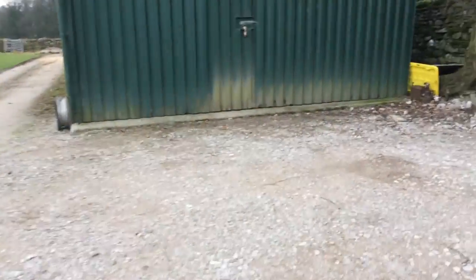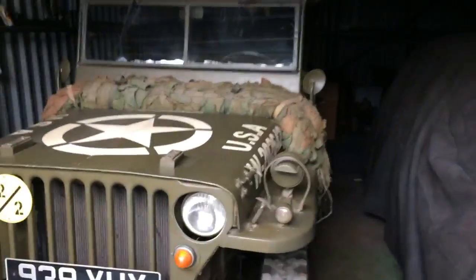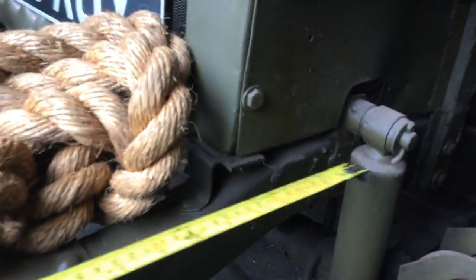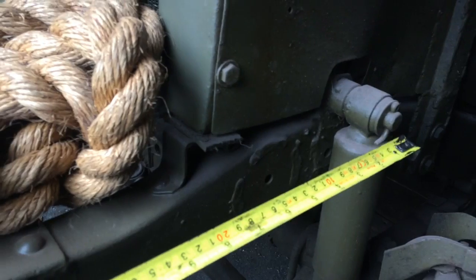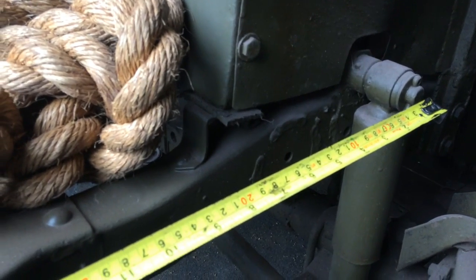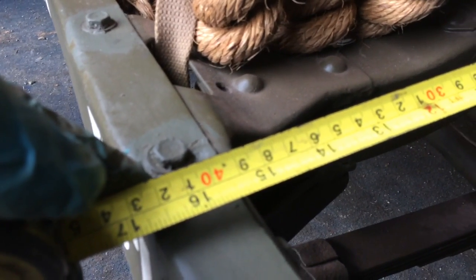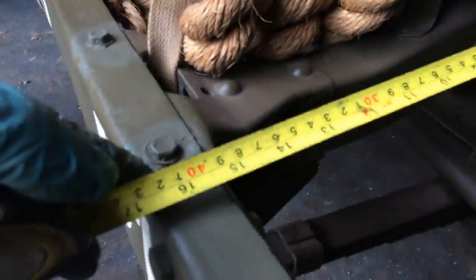go to the. It's lucky we have this. We have another Jeep to take our measurements from. Right, so yeah, and just measure it from maybe the axle or yeah, so about 422 up to the end. So